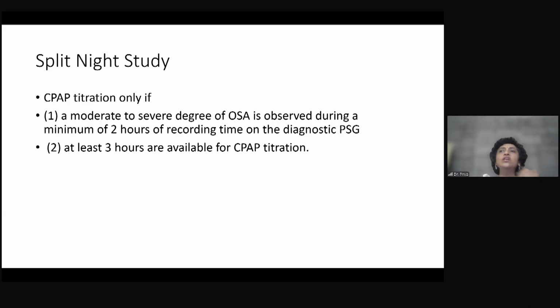What do you gain by observing it overnight, provided the patient has no other comorbidities? Otherwise, the time available for titration sometimes may not be enough. You need 3 hours for a CPAP titration. And if the patient has other comorbidities, and you are looking at converting from CPAP to BiPAP, you will not have time for an adequate titration. Hence, in a coexistent disease, we are not supposed to do a split night study, but a standalone CPAP titration can be done on the night after the sleep study.